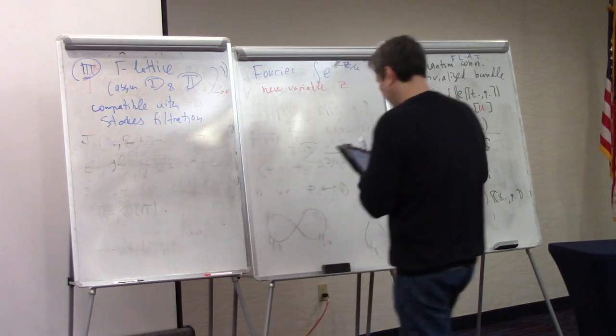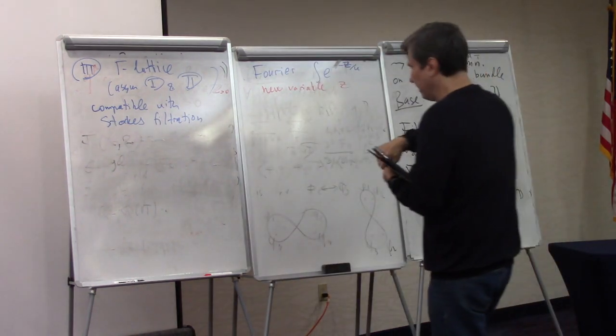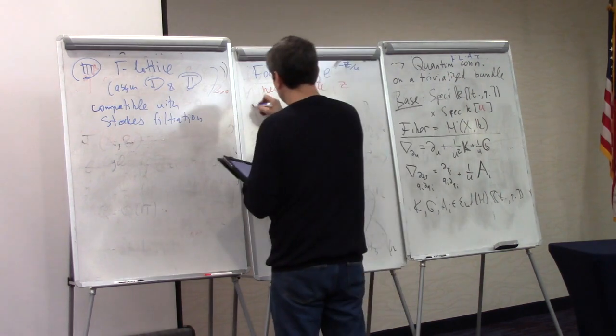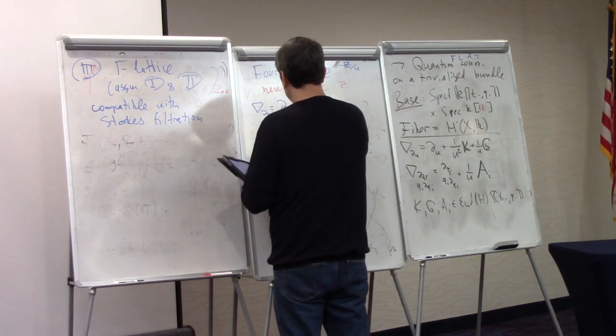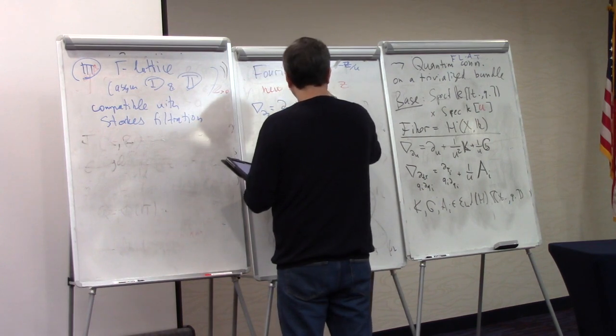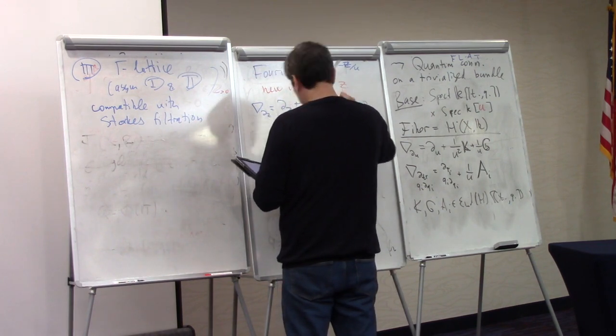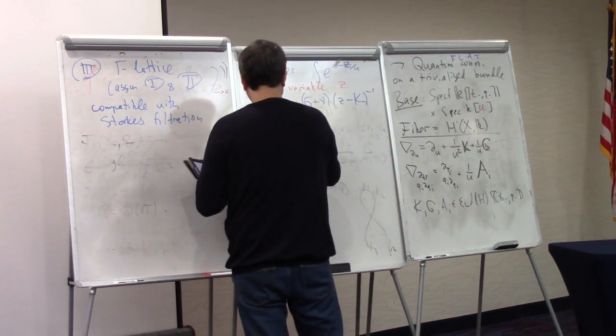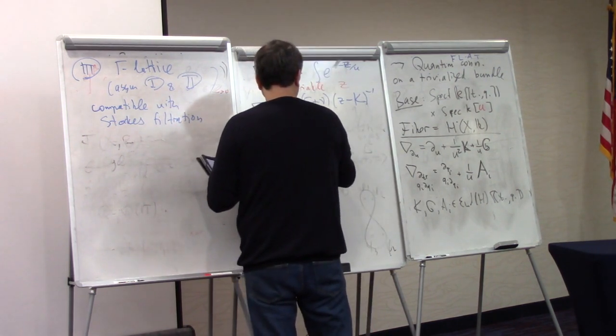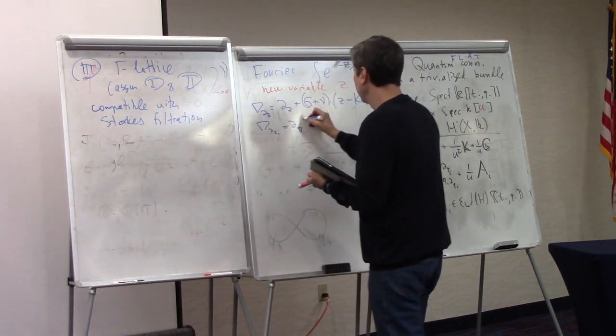Instead of u, you get a new variable z, and the connections look like this. So the derivative with respect to z will be dz plus g plus mu. I'll explain what mu is in a second. D minus q inverse, and the derivative of dt. And the same as q dq will be g plus mu.